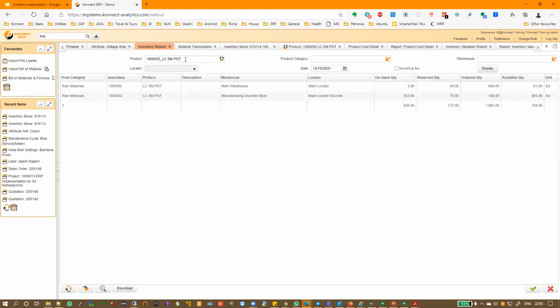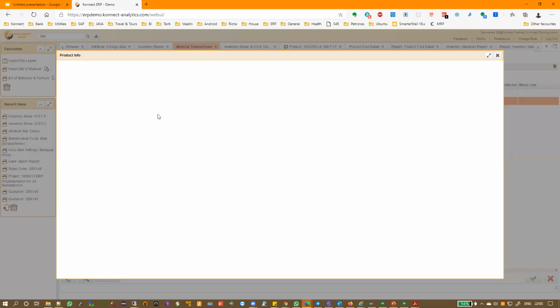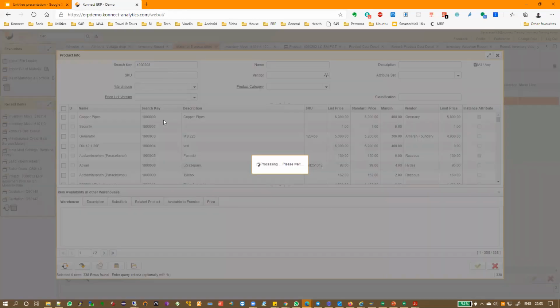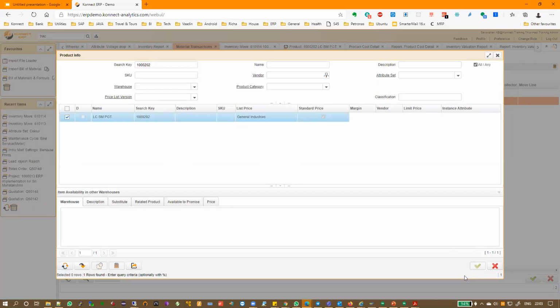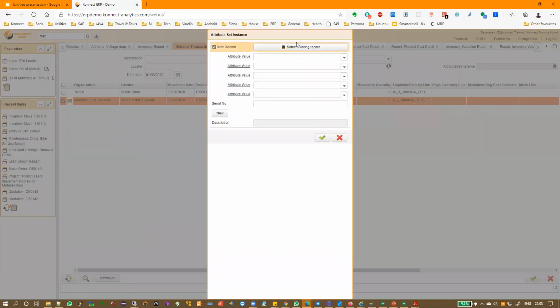So, for example, let me just show you. I take this particular item, I put it here. In a material transaction, I can track, and I can say what attribute set instance I want to track.